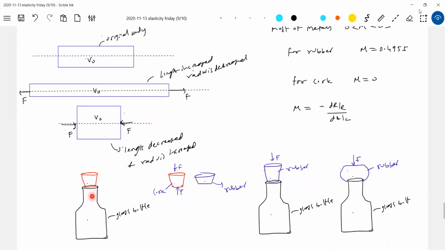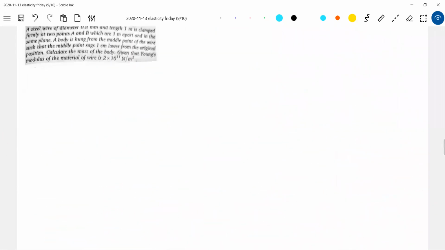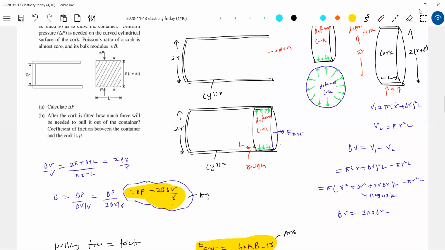Once it is inside this bottle, whatever liquid is there will not come out because it will fit tightly. Now to open it, I think I gave one problem, no? To open it, it's not that possible, no? The friction will come into the picture. Yes, this was the problem. So this is how to place the lid that I brought. So this is a method.